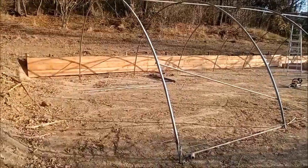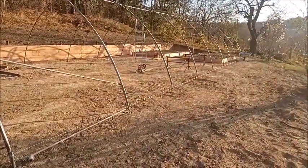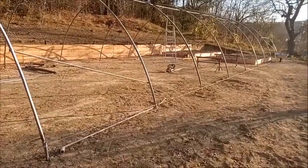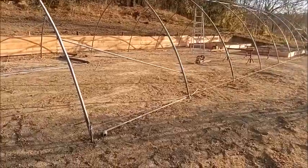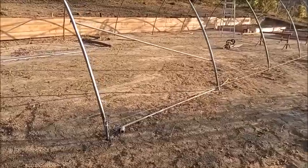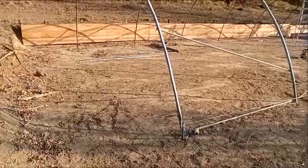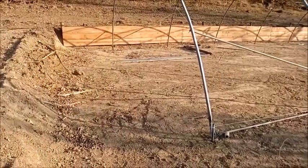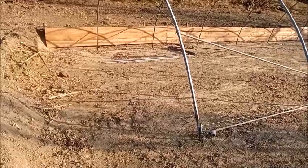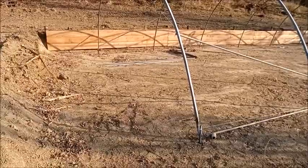The polytunnel was originally going to be 60 foot long. It's 18 foot wide, 60 foot long. Each section is 6 foot, and obviously there were 10 of them. What we found really though was I could have asked Paul to dig out a little bit more than 60 foot, because I didn't take into account the fact you've got to have access each end. So I had to take one hoop off to give us a little bit more room, and then I had the bright idea that if I take 2 hoops off,